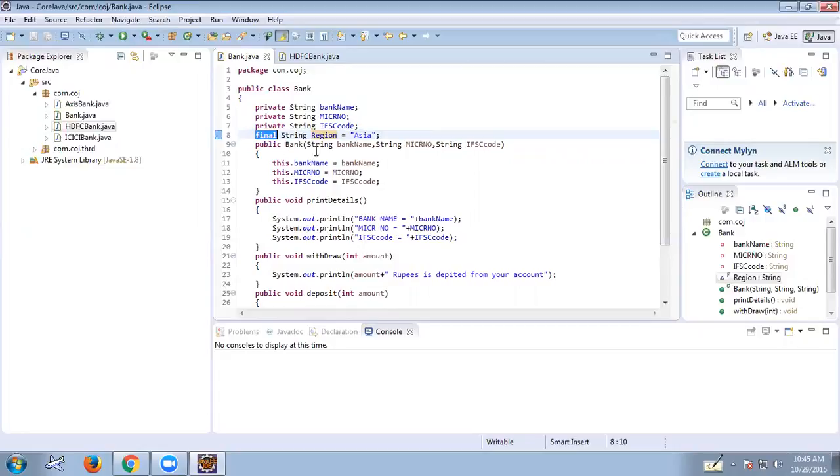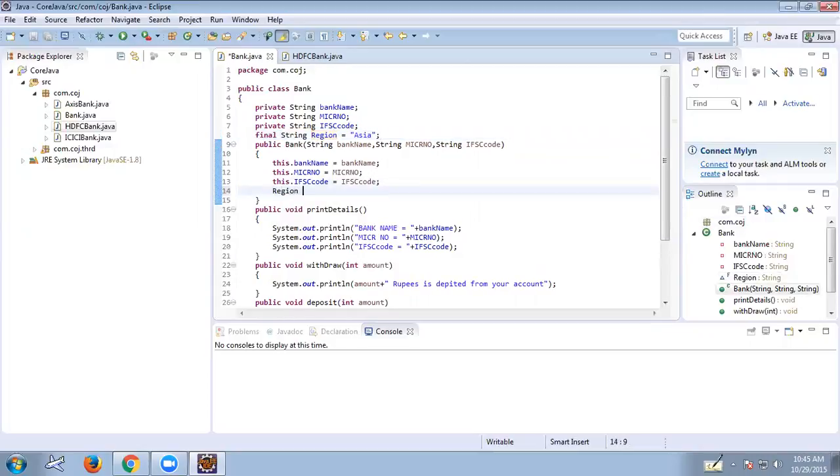So no one can modify it in future. For example, this cannot be changed anywhere. So here, region is equal to India. Now we have a compilation error because the field bank region cannot be assigned, because once it is initialized that value cannot be modified. So this is equal to the constant variable in C++. So here, instead of a constant keyword, we are using the final keyword to make the variable constant.